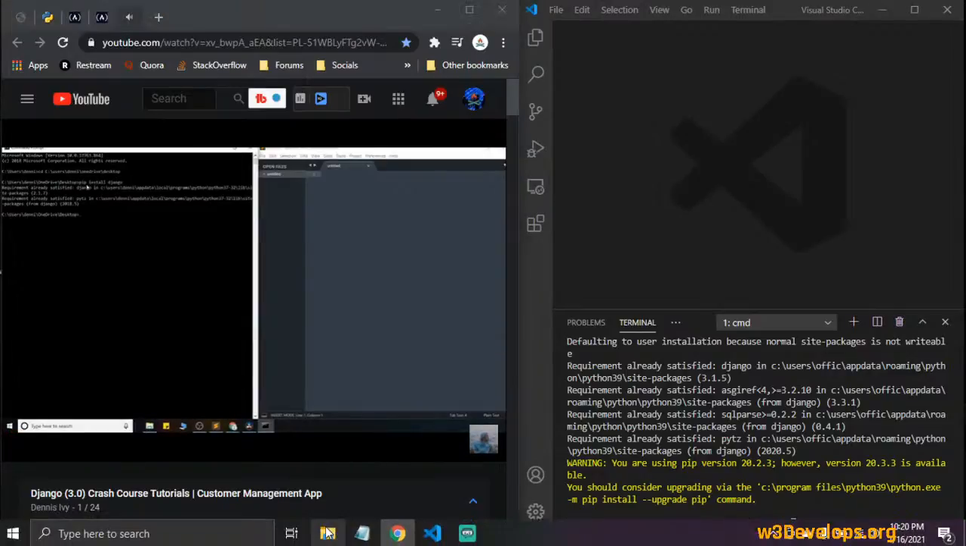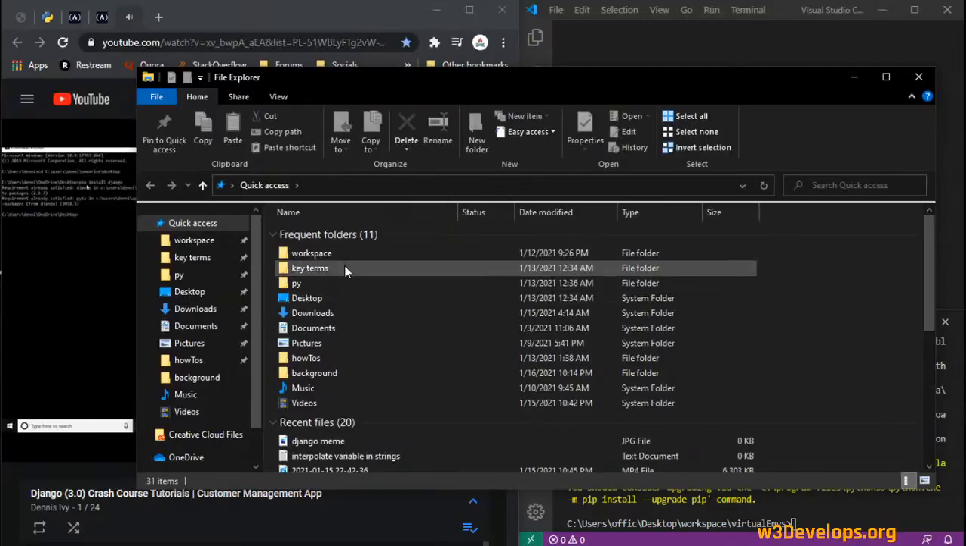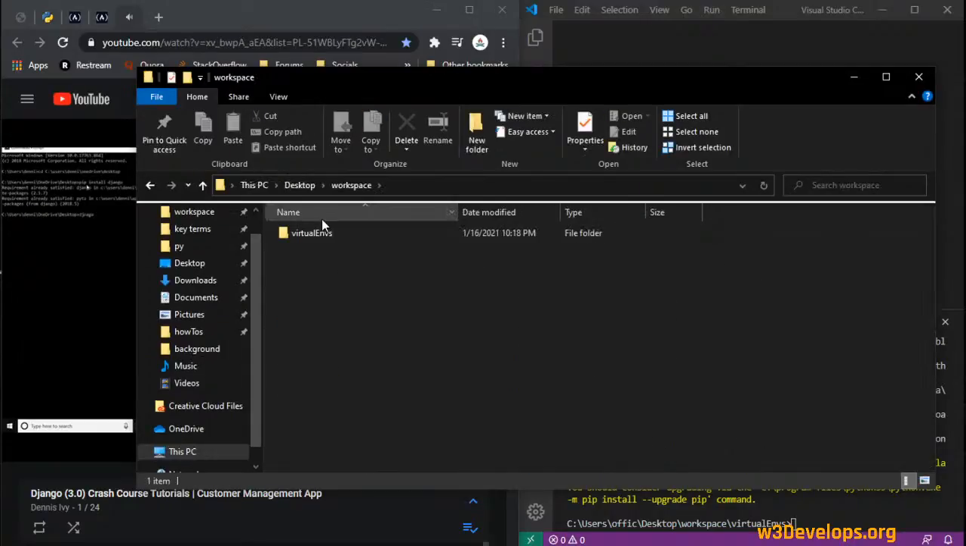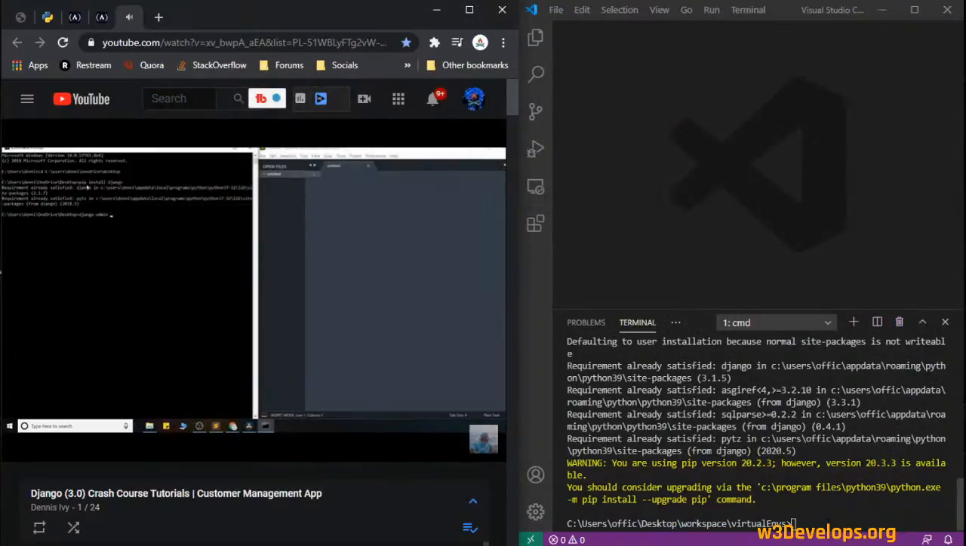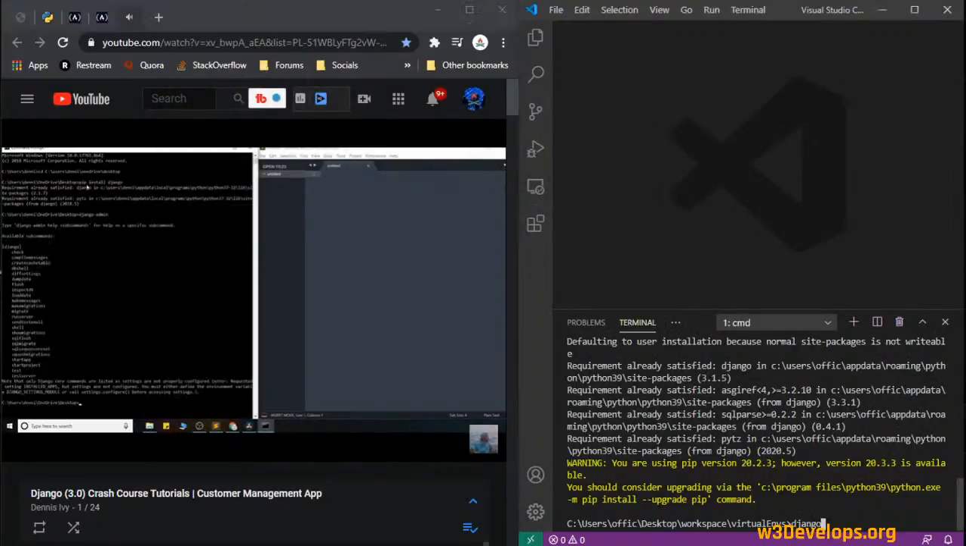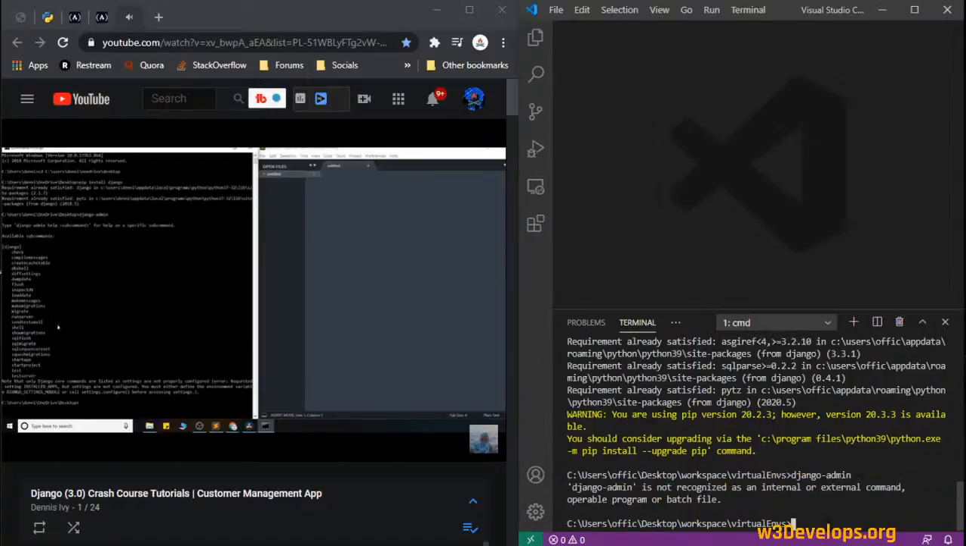And once that's complete, to make sure it installs properly, go ahead and run django-admin and then hit enter. And if you see this, it means that Django installed correctly, and you now have access to all the commands that Django provides us now. And the one we're going to work with